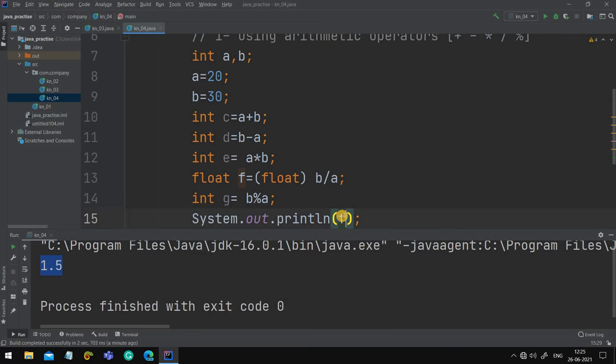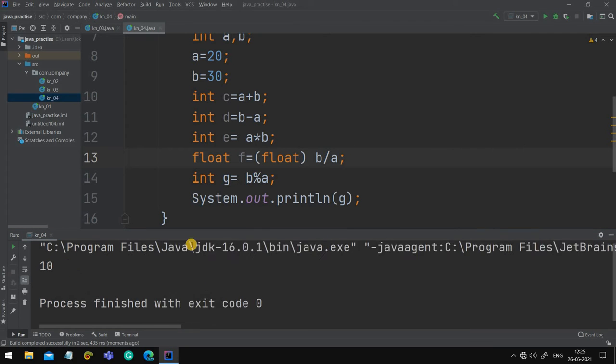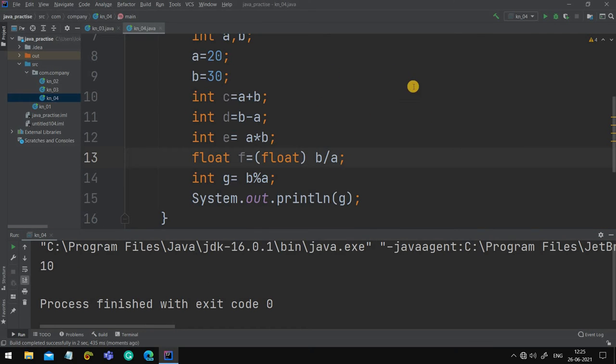Now the output you should get is the remainder, meaning after dividing, whatever remains will be your output. Let us run it. See, 10 is remaining. When we divide 30 by 20, 10 is the remainder. You can calculate it if you don't believe me. So 10 is the remainder we are getting.